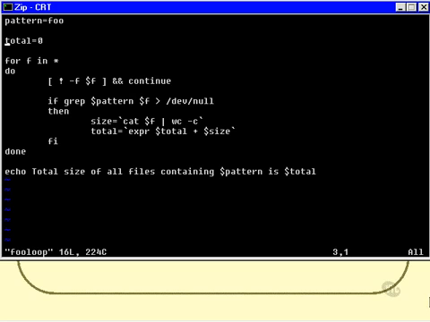Then of course I have to set a size of 0. That will be what I accumulate my sizes into, that variable, and it's vitally important that I initialize it to something. EXPR will have trouble with that if I don't. And now I use a simple for loop, for f in star, so I examine every file in the current